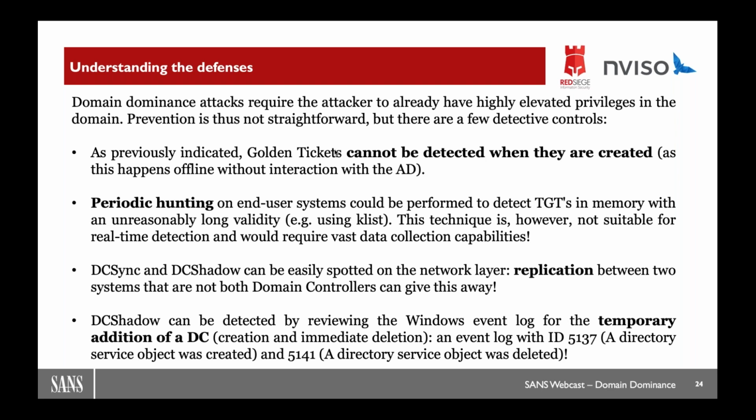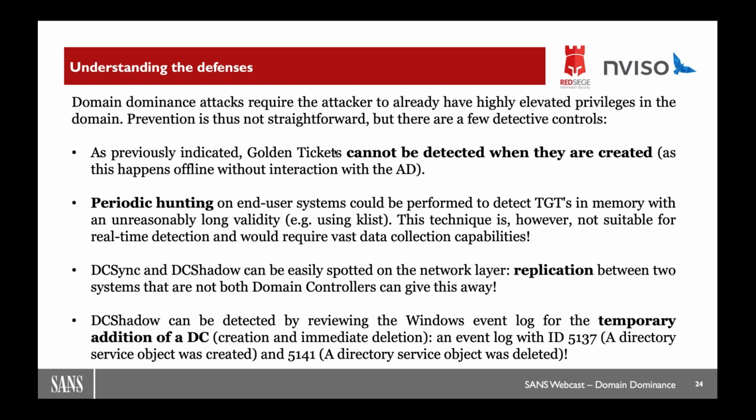DCSync and DCShadow, not too hard to spot. Why not? Because if you see replication traffic between anything else but two domain controllers, then you know that something's up. So for DCSync, that's the only, or the only very effective, if you will, technique of trying to spot that. It doesn't mean though that you need to have visibility on what kind of traffic you're seeing between your workstations, for example, and your domain controllers. If those systems are all in one network zone and you have no visibility in what's flowing between those two different machine types, you'll never be able to spot it, which is tricky.